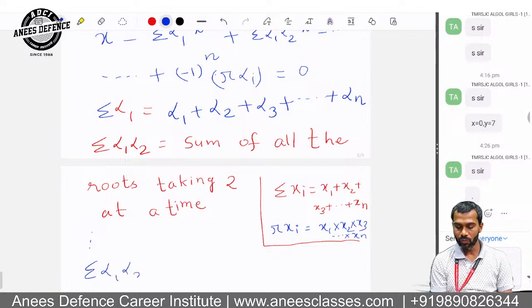And so on. Summation alpha 1 alpha 2 alpha 3 up to alpha r, what is the meaning of this? Alpha r, sorry, not n: taking r roots at a time. Yes or no? So please note it down: sum